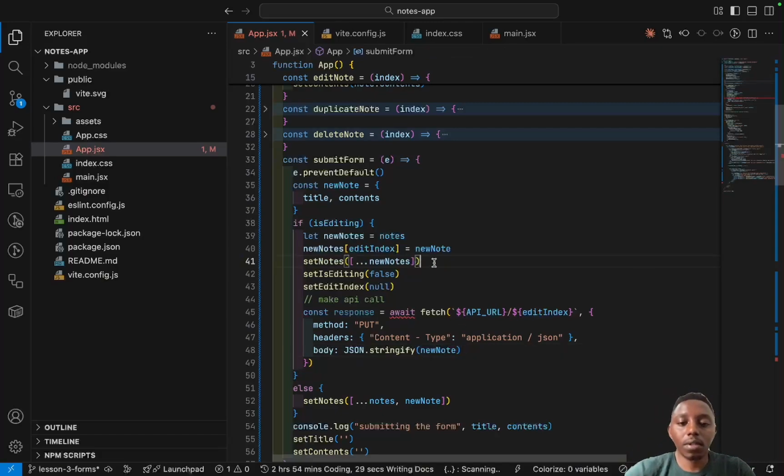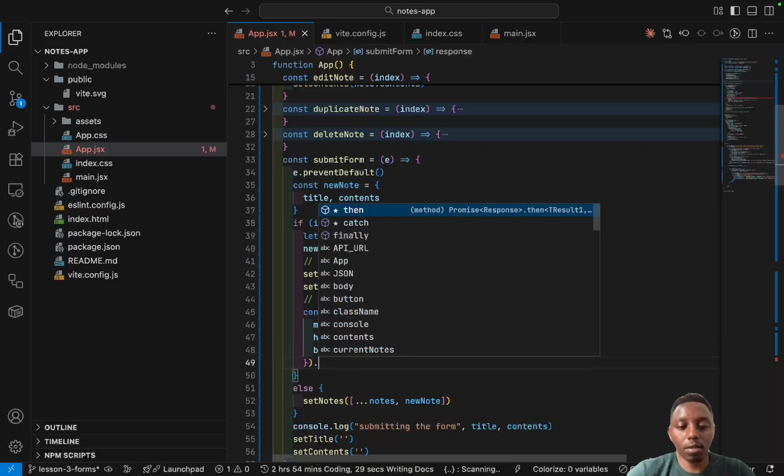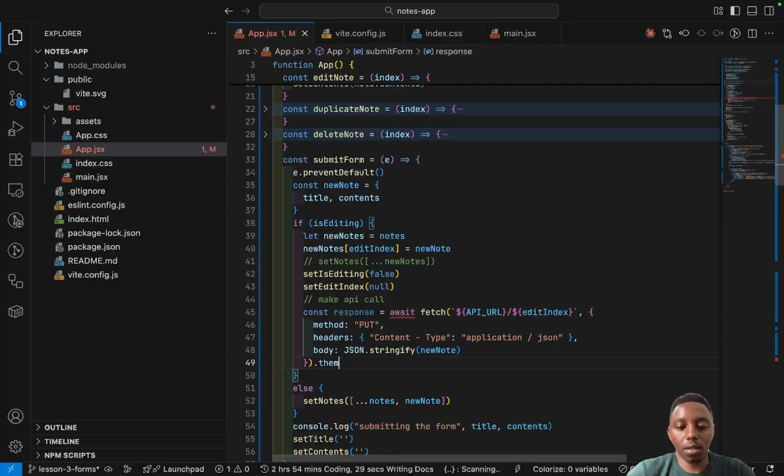I'll comment this out for now. So the new note, and then we will say .then, which should tell us what happens after the data has been